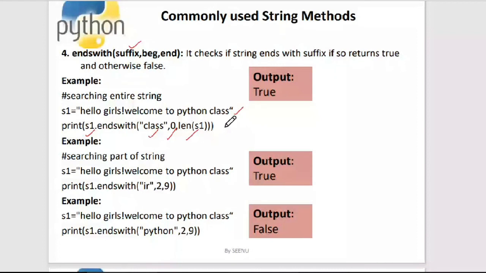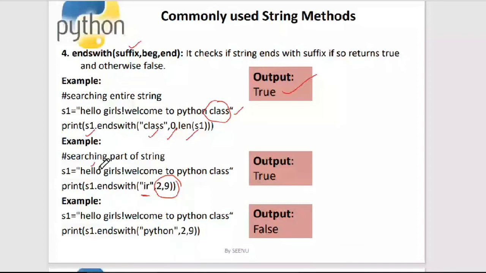Right. And I'm trying to search whether "ir" is there. But here I have mentioned a part of the string. The part of the string is from 2 till 9. So this is 2, 3, 4, 5, 6, 7, 8, and 9. So 9 means 9 minus 1, right? So that's the range.